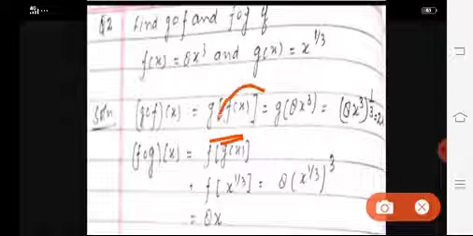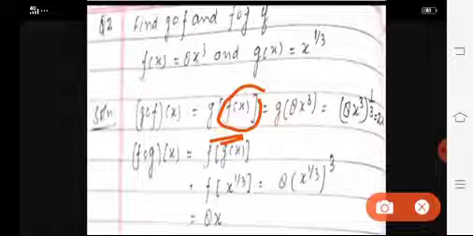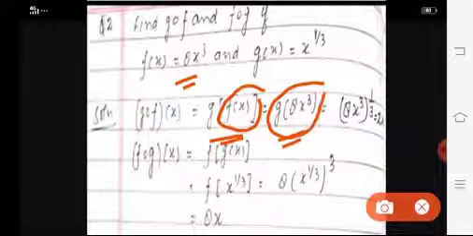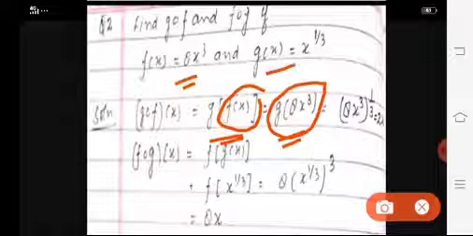In place of f(x), what will you write? f(x) is equal to what? 8x cube. So in place of f(x) you will write g(8x cube), and the value of this, how will you find? In the function g(x), in place of x you will write what? 8x cube. So when we do so, what do we get? (8x cube) whole to the power 1 by 3,